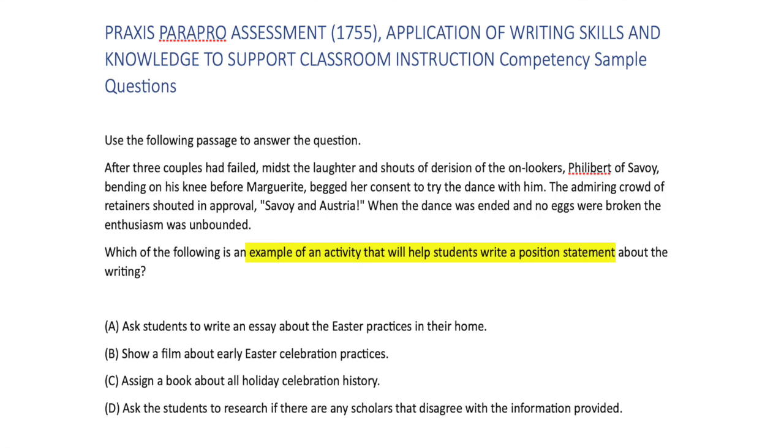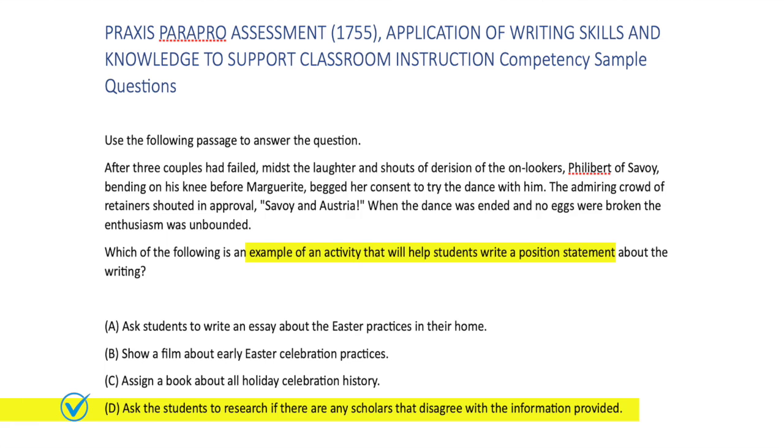We can also rule out option B. Watching a film is a comprehension activity, not a prompt to develop or defend a position regarding the passage's claims or interpretations, so this would not be an effective activity. Option C is not ideal either because reading a general history doesn't directly engage students in evaluating or arguing about the text itself. Option D is the best choice here because it requires students to engage critically with the passage's